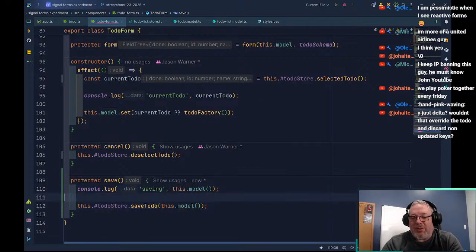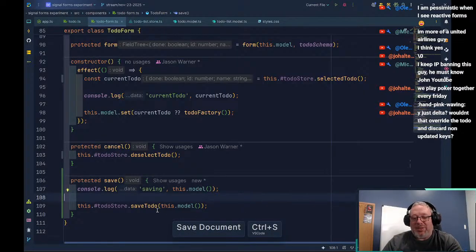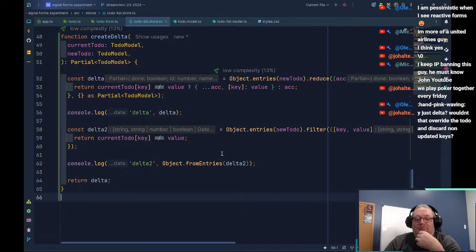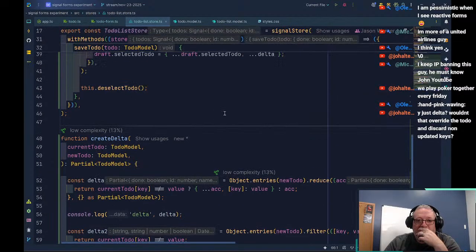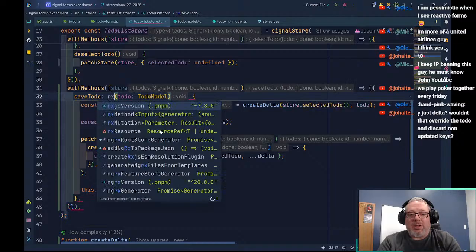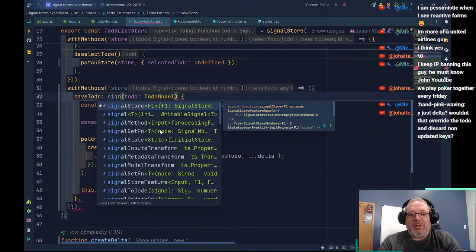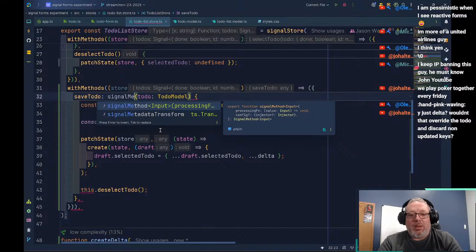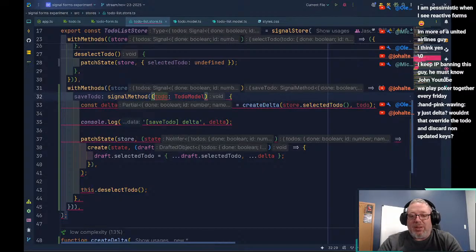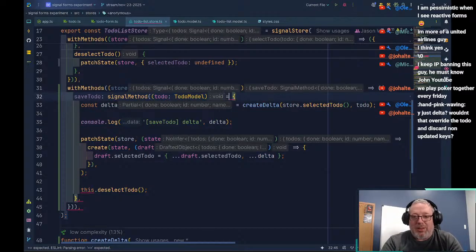And the other thing we can do is we don't even need to call this. The other thing we could do is right here in our with methods, save to do could be not an RX. We want a signal method here. And our signal method is going to take this.